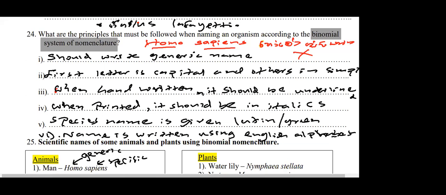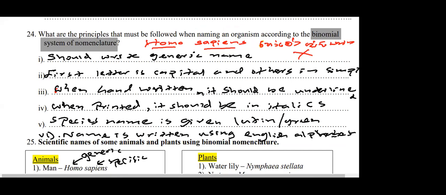So they will give this in capitals in the structured essay paper, G capital, A, Gallus lafayetii, like this. And they will ask you to make the correction and rewrite it in your answer sheet. They will give that in wrong form. Then you have to make the correction and rewrite. That is one method they can ask. Or else they can give an MCQ: which of the following is the correct scientific name of man? But you will never get questions in the exam. Shall I erase this?